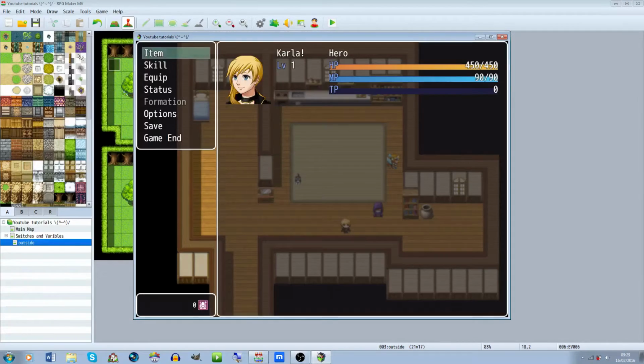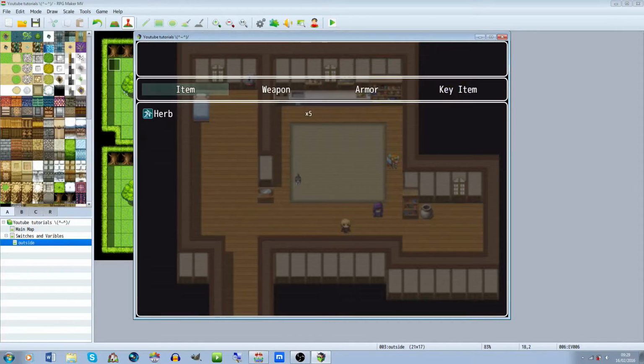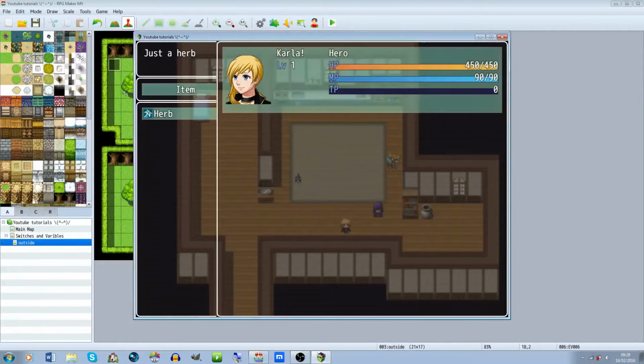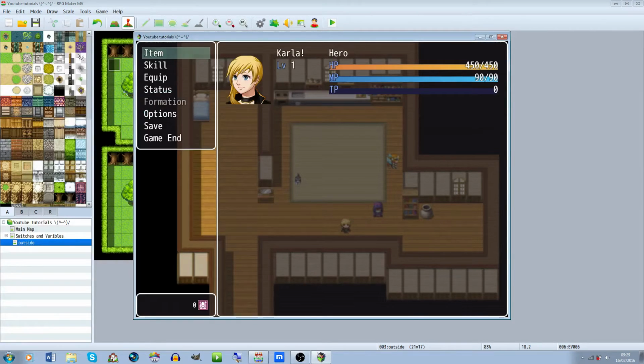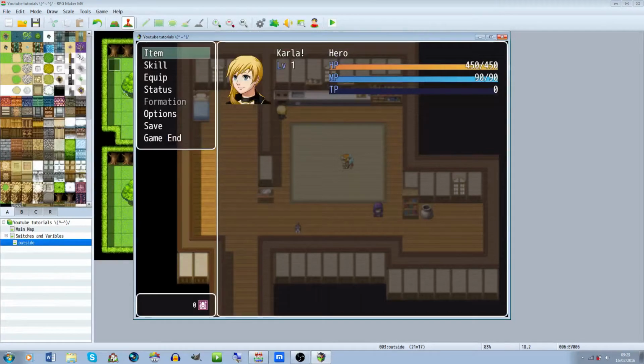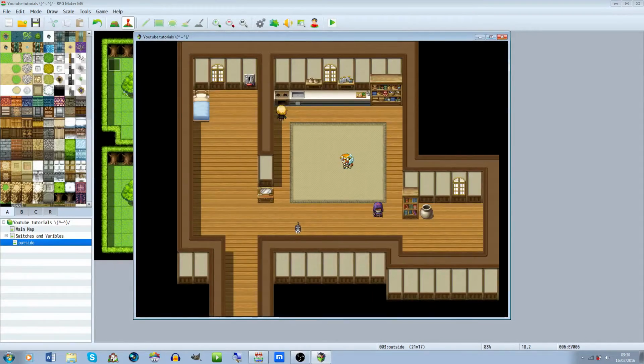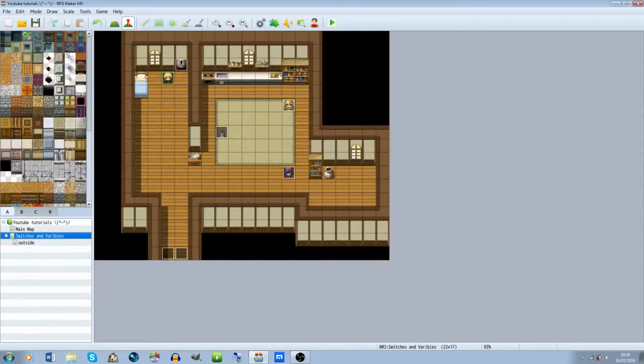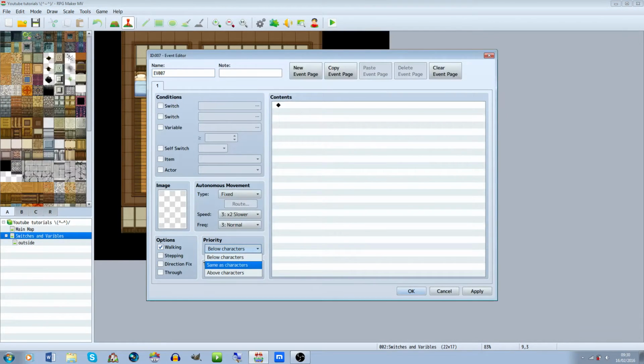Now what we could do is, as you can see here, we could go up to items and eat a herb. We don't need any HP, so okay, because we don't need any HP, let's just make a quick damage item. Here, what I'm going to do is I'm going to quickly save it so I don't have to go through herb finding. And in here, if I click on that per se,